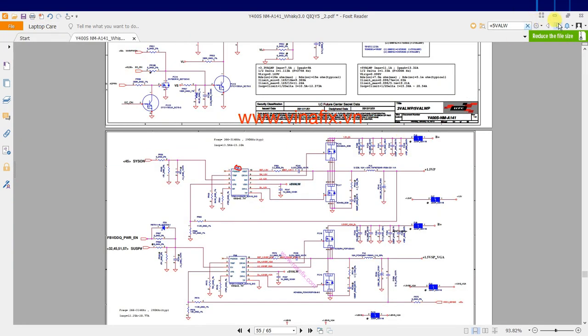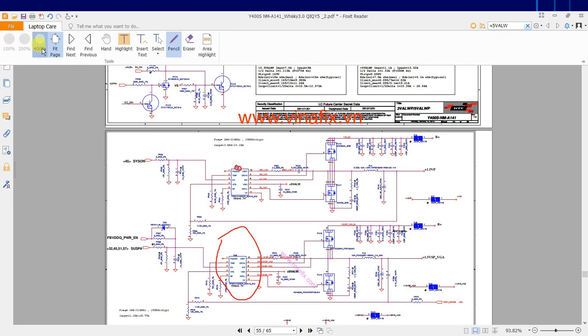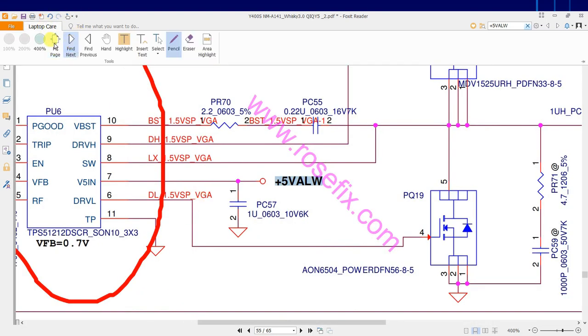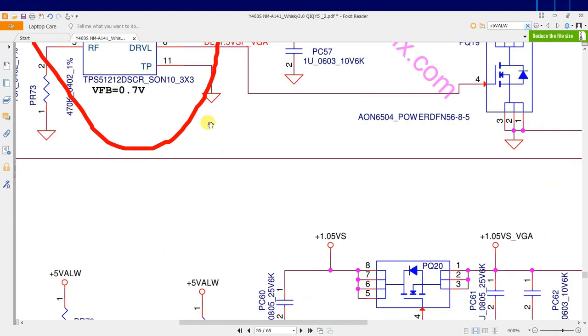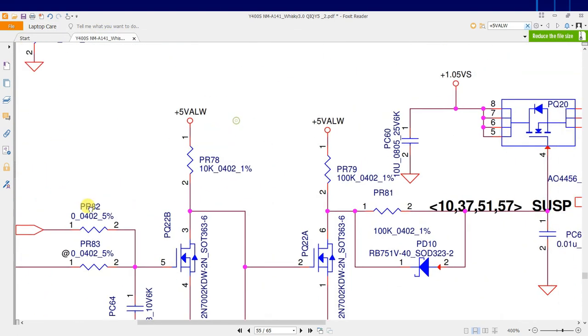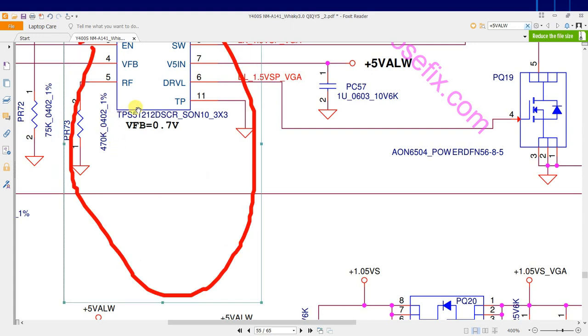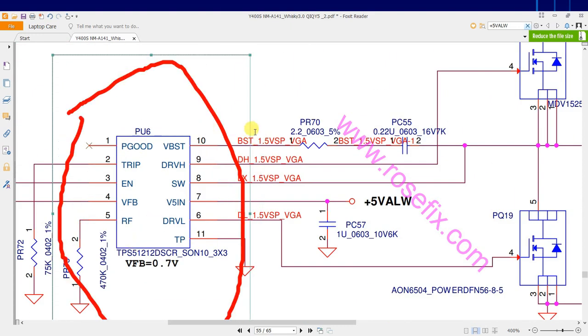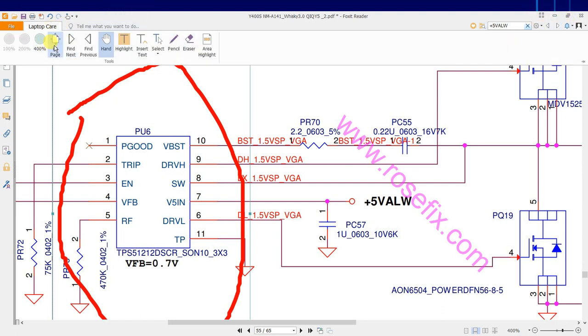Then next it was going to PU6 IC as an input, which is in the same section.